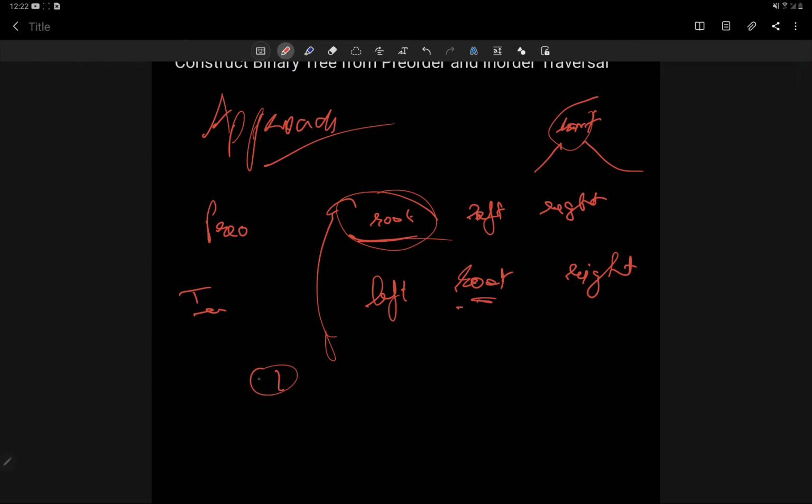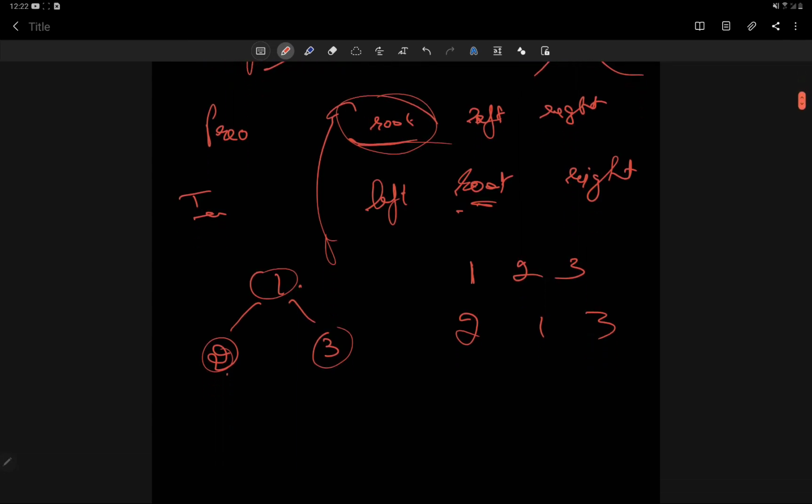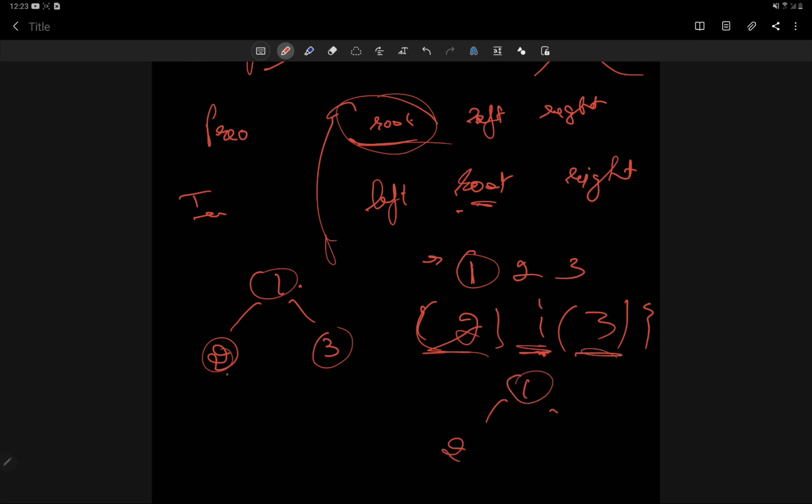Now this is a base case that we are talking about. Suppose this is a tree with 1, 2 and 3. This is the root node, left child and right child. The pre-order traversal for this would be 1, 2, 3, and in-order would be 2, 1, 3. As we see, this is the root. If this is the root, we will search for it in the in-order. Where we find it, we split it into two trees. These are the left subtree and the right subtree of this tree with this root, so 1, 2 and 3.